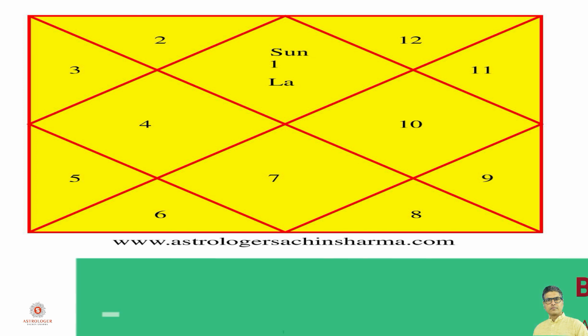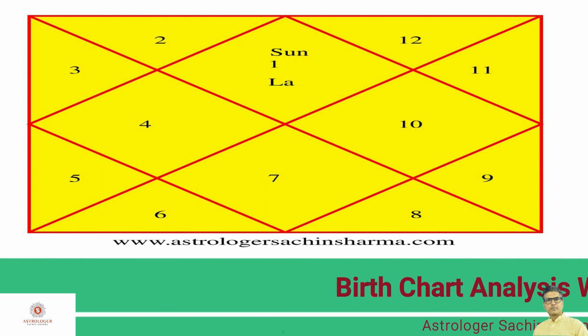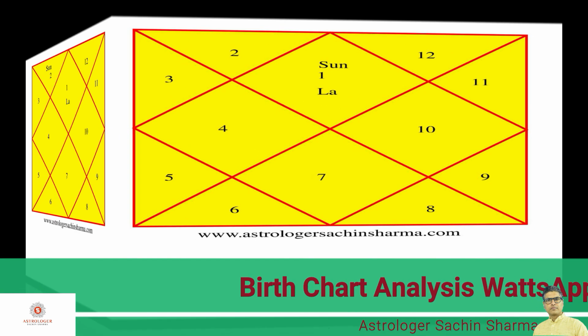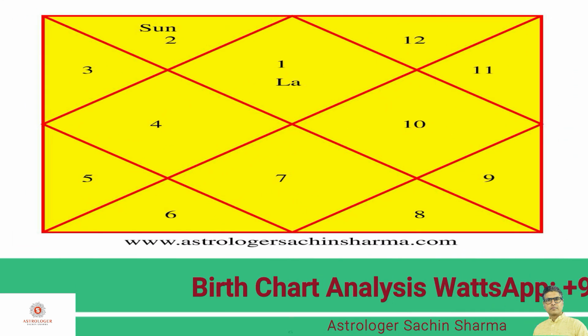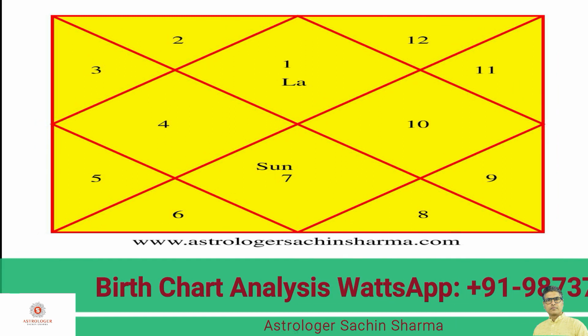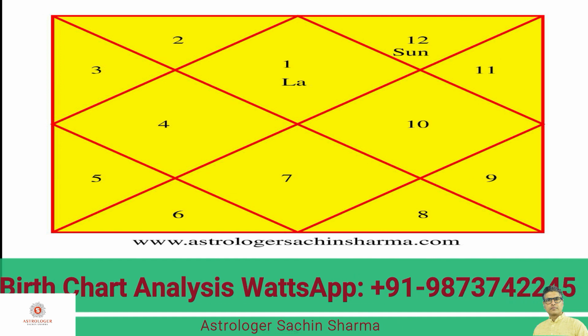This is one of the strongest Raj Yogas in Vedic astrology. We will be discussing various types of Raj Yoga in a birth chart in our advanced topics in further videos. Always remember that placement of Sun in second house, third house, sixth house, seventh house, eighth house and 12th house will give you problems here.